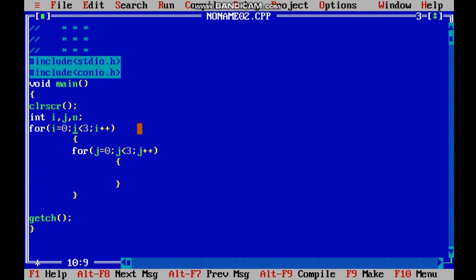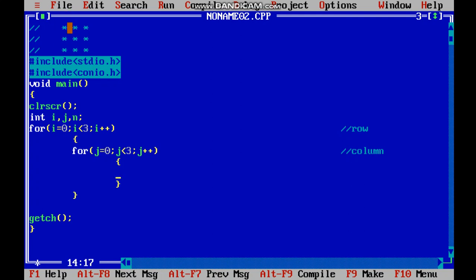Now pay attention and understand: the outer for loop, I'll write it over here so that we remember, double slash means commenting, is for row wise. For now just remember, the outer loop is for row wise and the inner one is for column wise. I will explain in brief later, but for a while keep in mind that the outer for loop is for rows and the inner one is for columns.